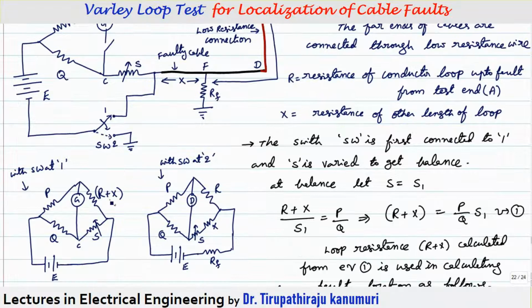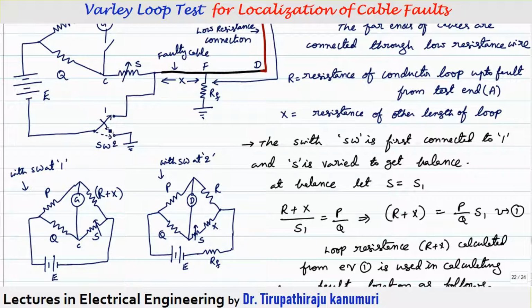That is the loop resistance, that is R plus X. Some of you will have a doubt because here it is grounded, so why is the resistance not disturbed? Here you have to remember this is a DC source and we have not connected the DC source to ground. So the current can only pass if there is a closed path, because current cannot pass through the ground; the closed path is provided only through these branches. That's why when you are connecting the DC, the current supplied by this DC source will not pass through this RF to ground, it will only pass in the remaining path, because the battery is not grounded. Please remember this one.